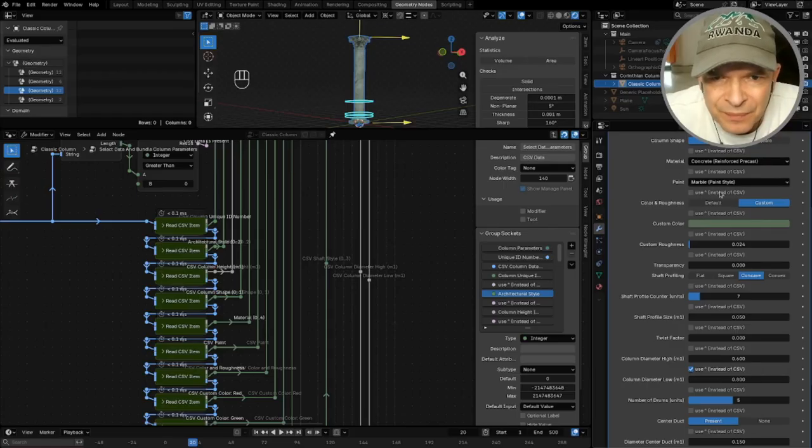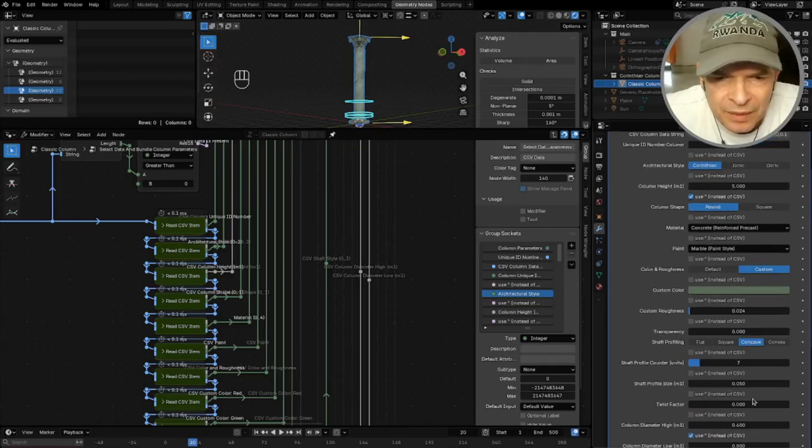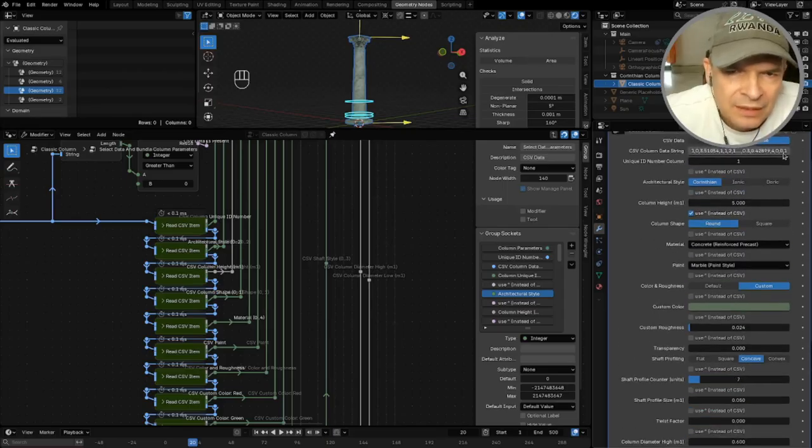but not this data. And it looks a bit strange that it became so wide, but that is because in the CSV data, the size of the column was also way smaller. So if I also would check this one, then you can see the shape of the column sort of becomes normal again. So this is how you can change parameters and still use, let's say, the original settings of your column. Then you can apply it again and copy to your building file. And this